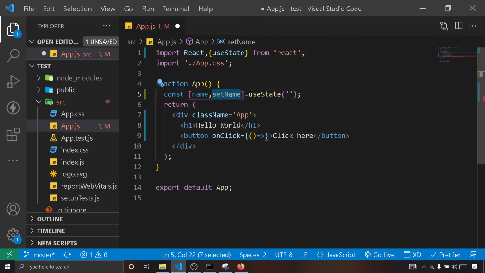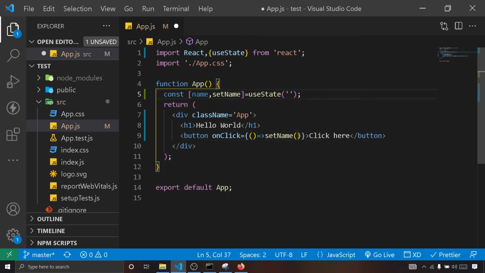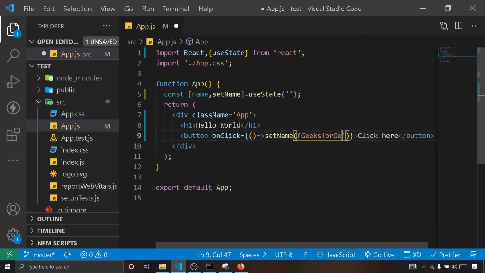As I mentioned, it acts as a method, so you can directly call it here and, under parentheses, update the state by passing a name. Here let's write Geeks for Geeks. We could also create a method, but here we are following a simple approach.